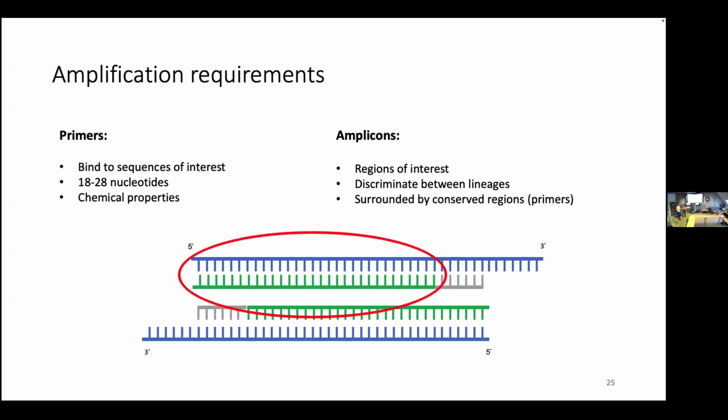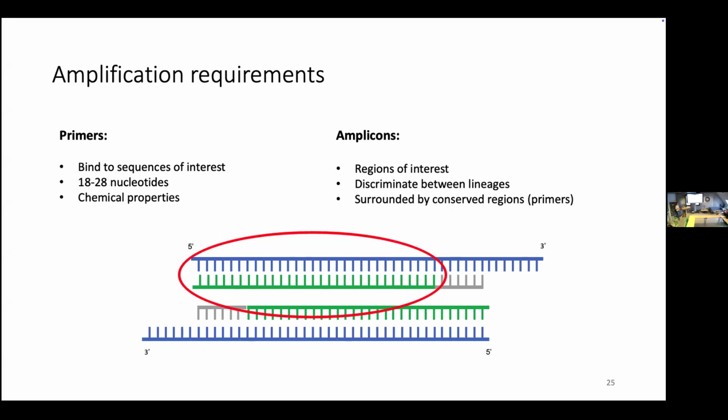Yes? How long are these amplicons compared to the primers? Depends on your design. Basically, you're free to do whatever you like, but in general for PCR amplification, above 1,000 bases or so, it becomes trickier to amplify, not impossible, but more difficult. So the pictures are not to scale, definitely. But for wastewater samples, 1,000 is already quite long because your fragments might not be that long. So the standard schemes use amplicons of about 400 base pairs.